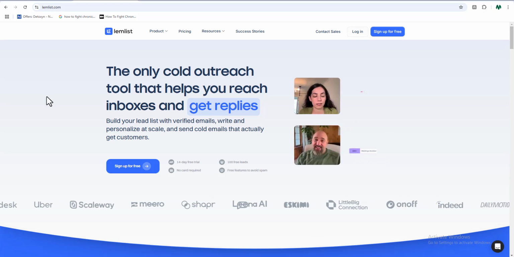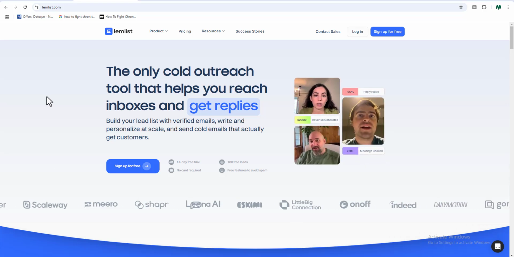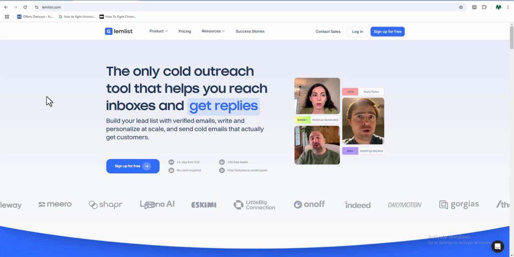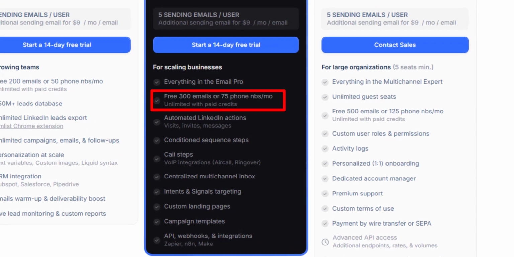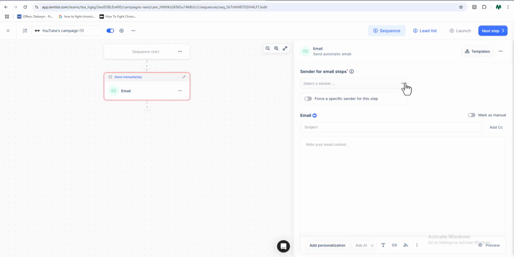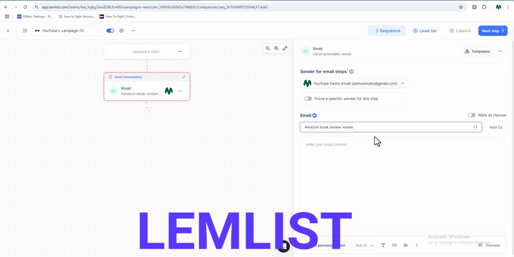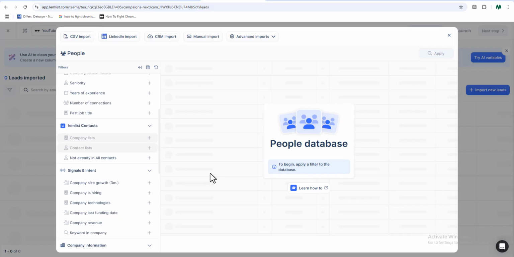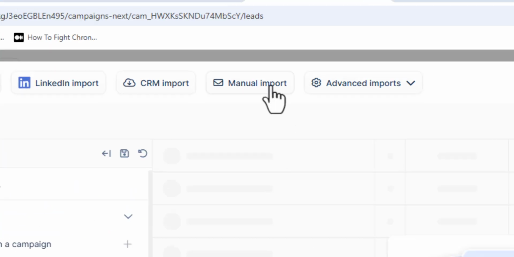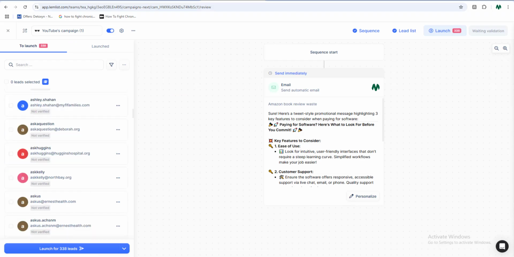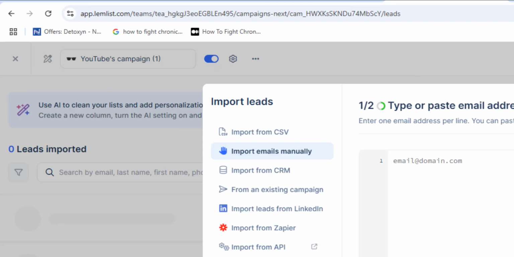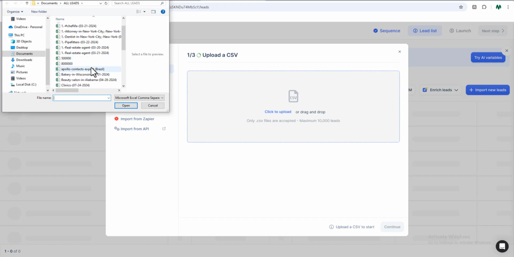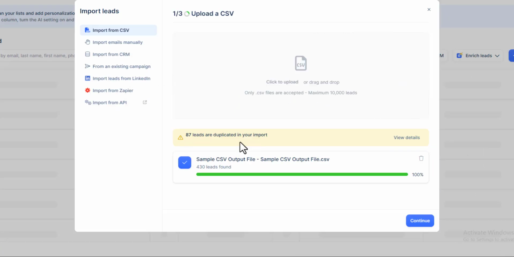Alright, so listen up friends, with this tool we have the ability to send unlimited cold campaigns, plus we even get 300 free more monthly without any restrictions. So I want to show you how to use this cold outreach tool called Lemlist to start sending cold emails, most especially, and as I know many of you are really interested in that,